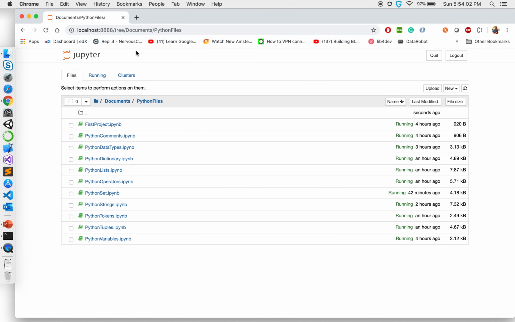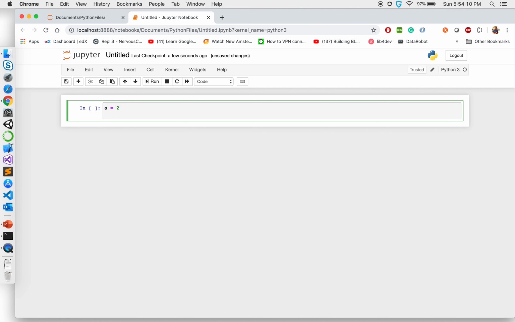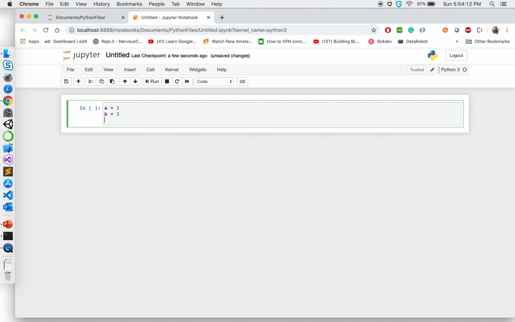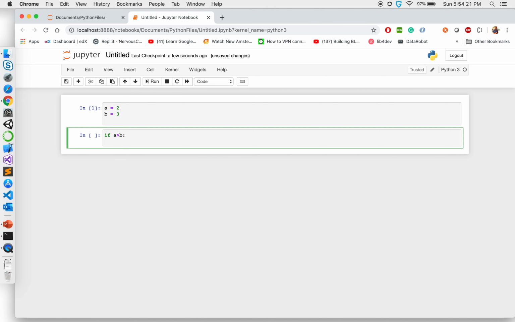So for example, let me create a new Python 3 Jupyter notebook. In here I'm going to give a equal to 2 and create b equal to 3. Now in this case, if I want to check if a is greater than b, this is how you go ahead with it. You give a colon and then indent it, because that's how you know that whatever is written is in the body of if: print a is greater,